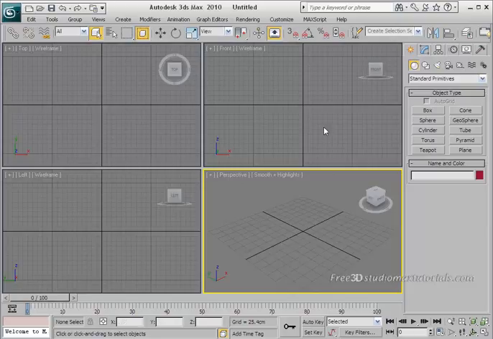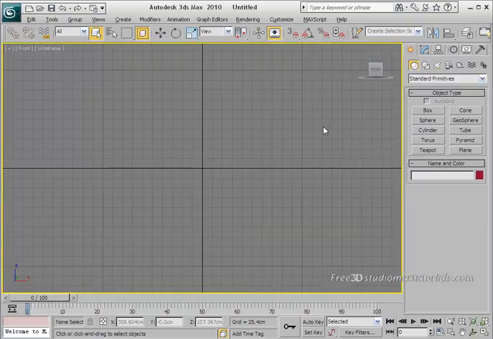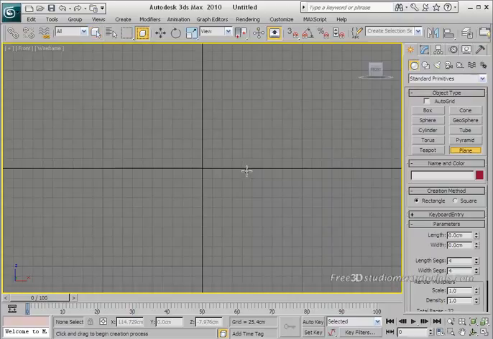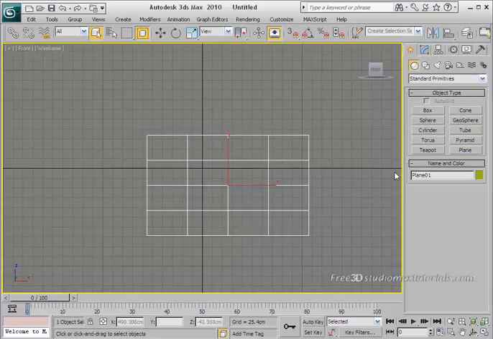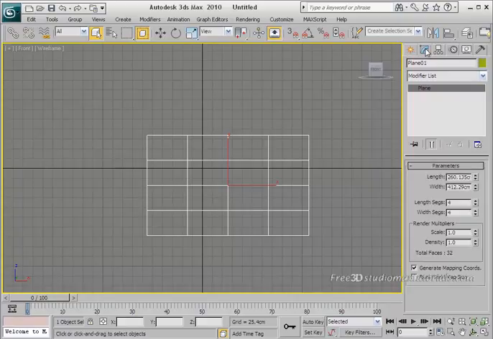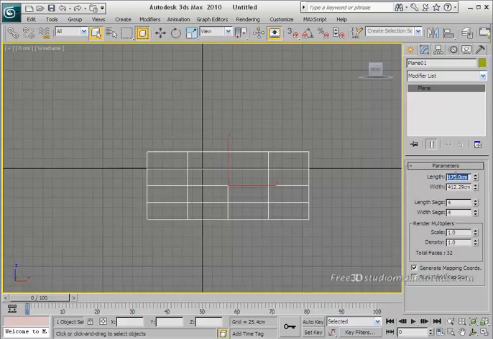Go to the front viewport, maximize your viewport, and create a plane. Just select the plane, draw it in your front viewport, then right click anywhere on your screen to get out of the plane command. Go to the modify panel, and in length simply type 175, hit enter, and in width just type 100,